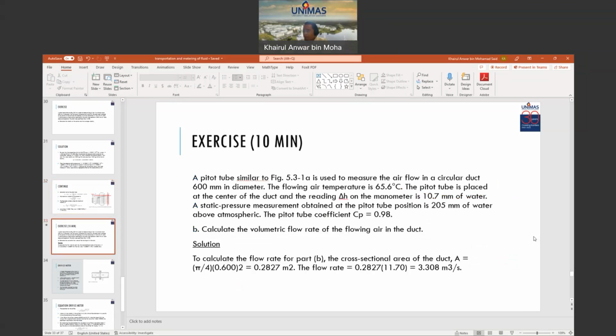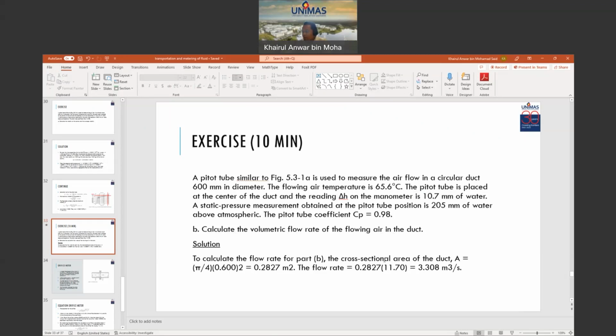A Pitot tube similar to figure 5.31a is used to measure the air flow in a circular duct, 100 mm in diameter, which is exactly a similar question. But for this case, calculate the volumetric flow rate of the flowing air in the duct. So to calculate the flow rate,